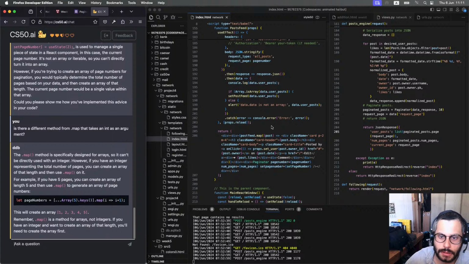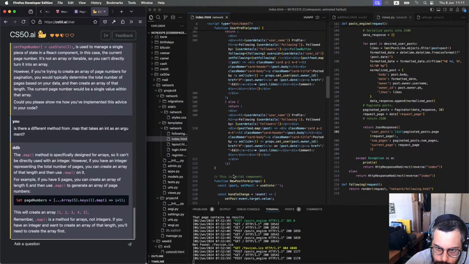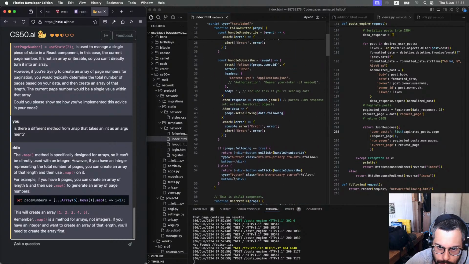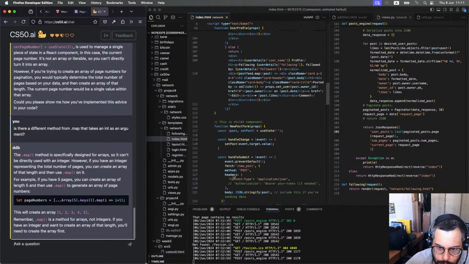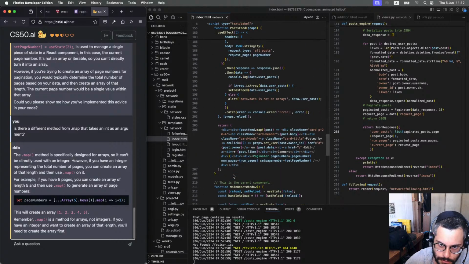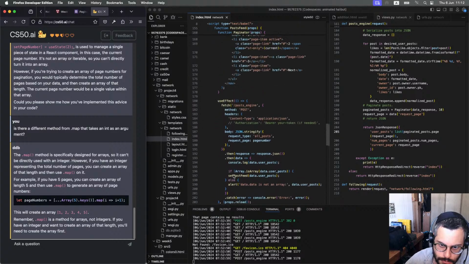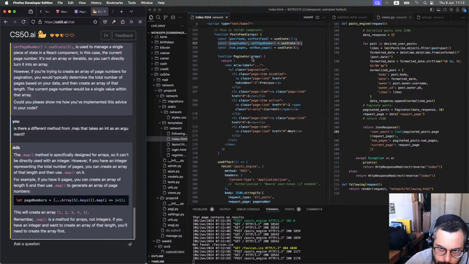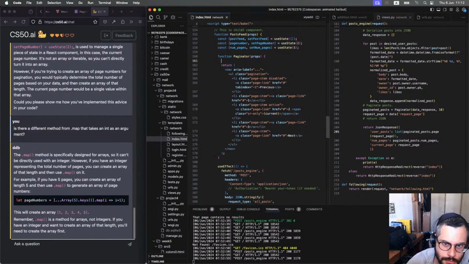What are they talking about? Okay, so paginator, let page numbers equals